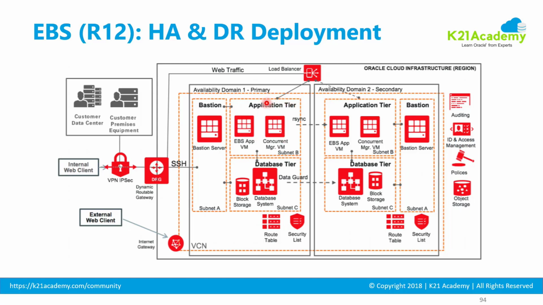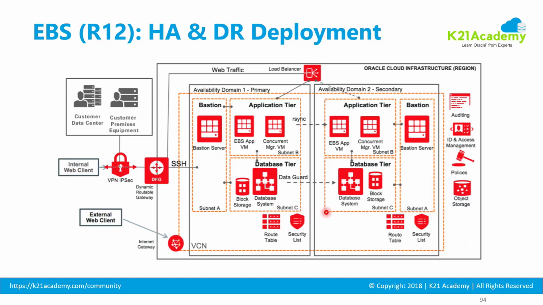So you can configure more than one application tier: concurrent manager node, web node, or your forms and reports and other nodes. The database will always be in one availability domain, and the standby for that database will be in a second availability domain. And for the application tiers, you have multiple application tiers for the same environment within the same availability domain. So in a nutshell, your E-Business Suite application tier and the database tier will be hosted in one availability domain,